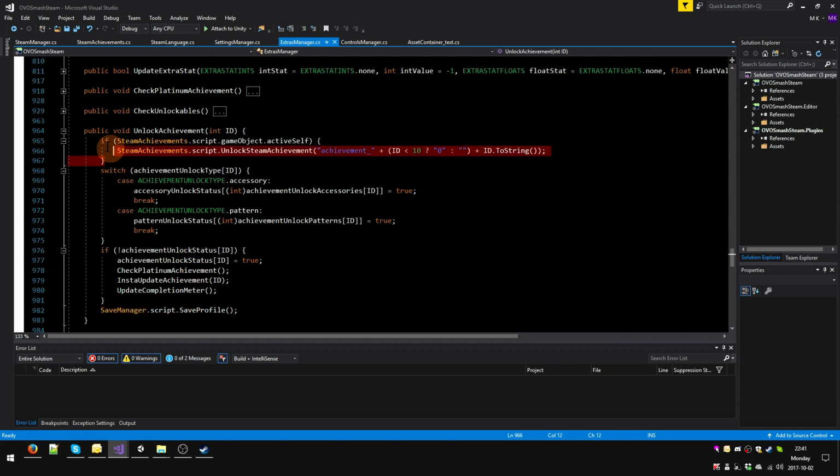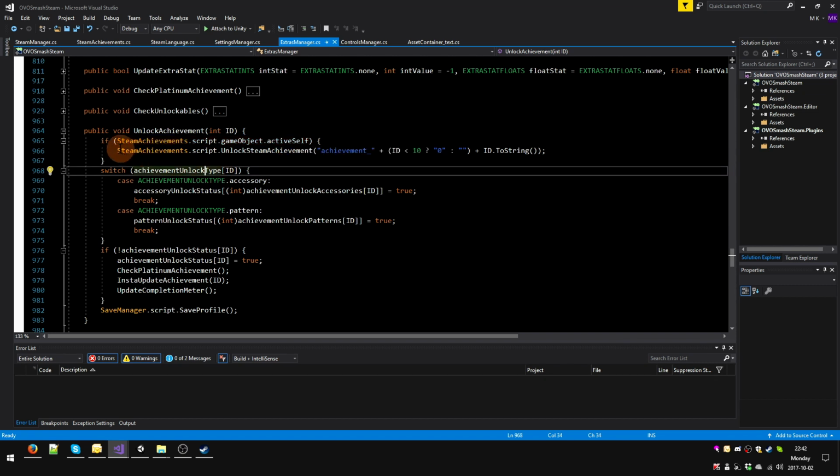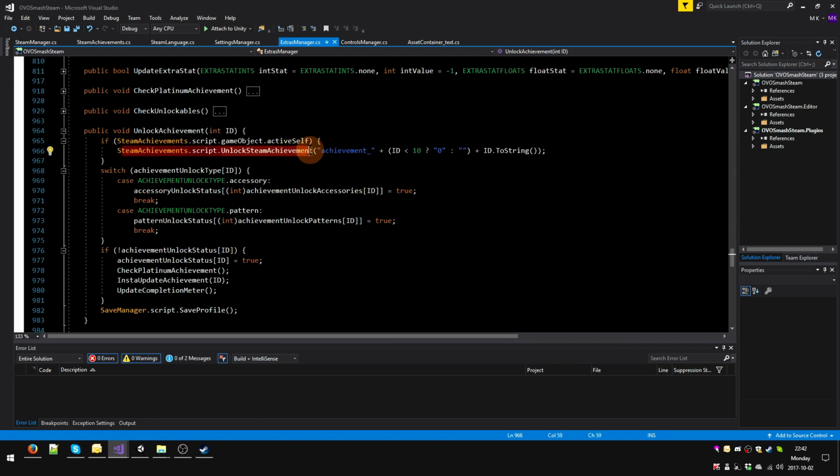Now one thing that I've added to integrate it with Steam is that I check if Steam is enabled, essentially. So I check if my Steam achievements object is active, because remember, in my awake it becomes inactive if Steam isn't enabled, right? So if it's active, I also unlock the achievement on Steam. Now let's take a brief look at this. Remember, I need to feed it a string ID, right? So I feed it achievement underscore, then the ID that I have in my extras, which happens to be an